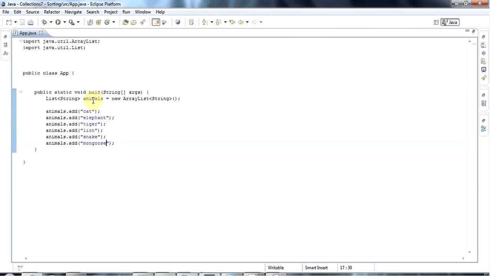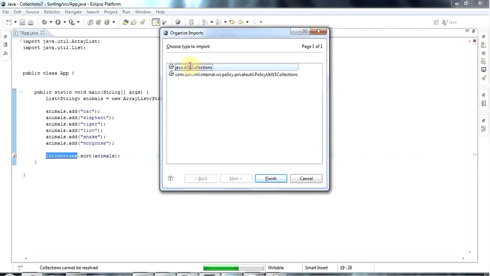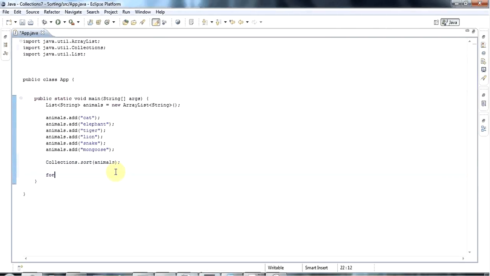Now if I want to sort this list in alphabetical order, I can use a static method of the Collections class called sort. So I'll say Collections.sort, and I'll pass in my list of animals here like this, and then let's just display the list. I'll say for String animal in animals, and sysout animal,